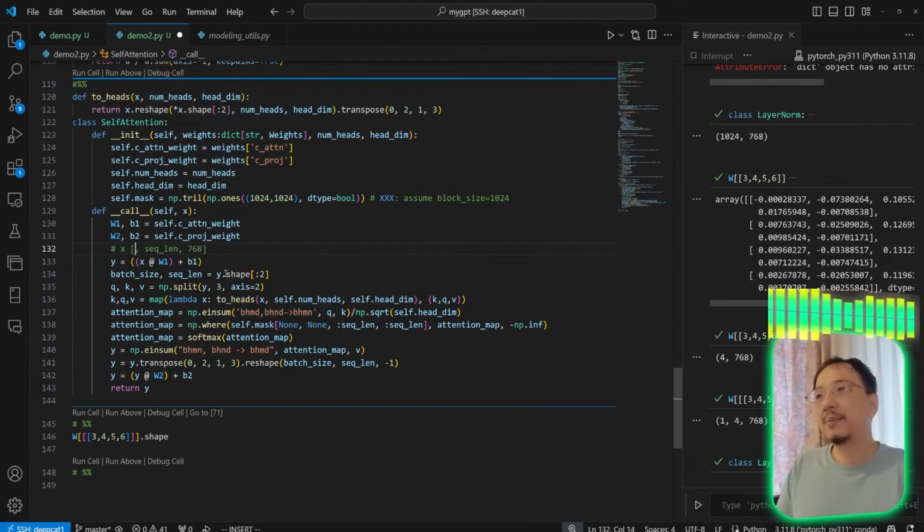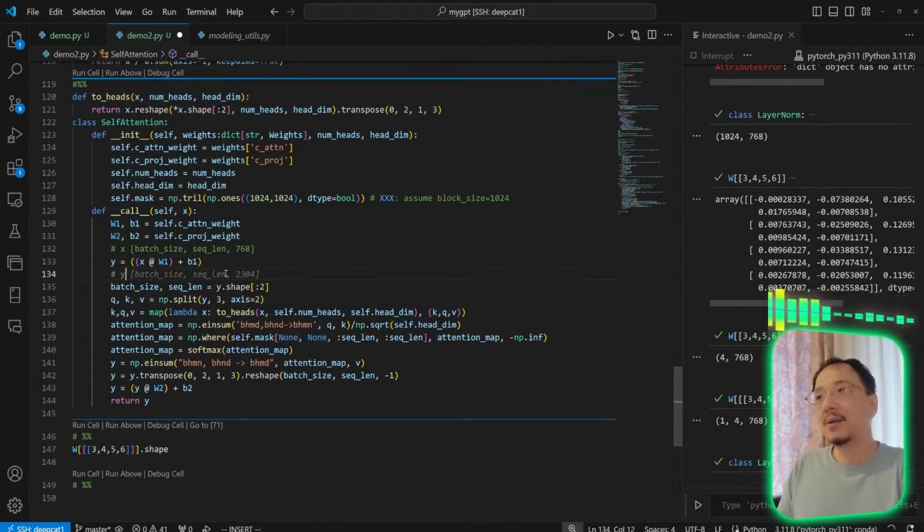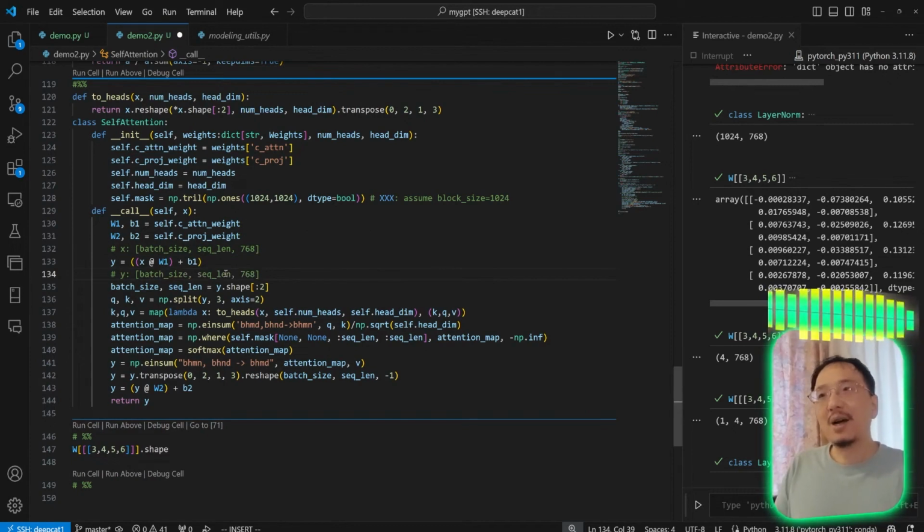This is batch size. Okay, because I already used it right here. So after doing the first projection, what is the dimension that I'm getting? Let me put a comma here. No, this is not 768, and this is times 3, because we are going to split into key, query, and